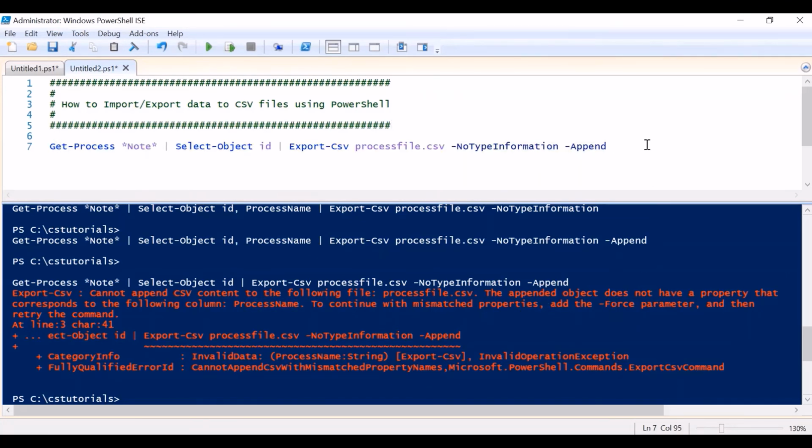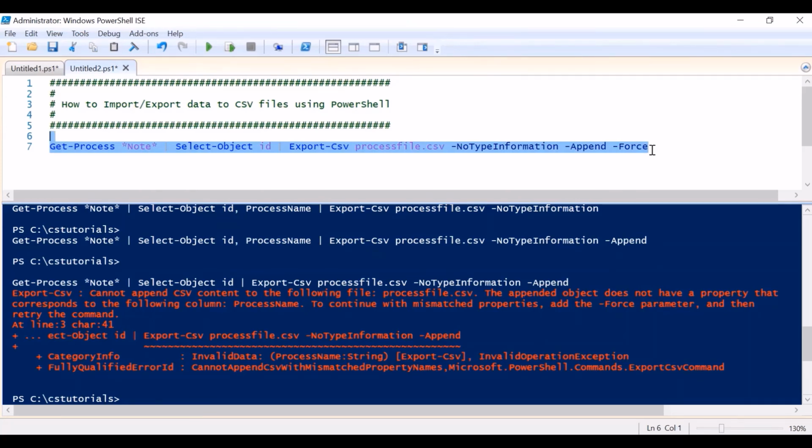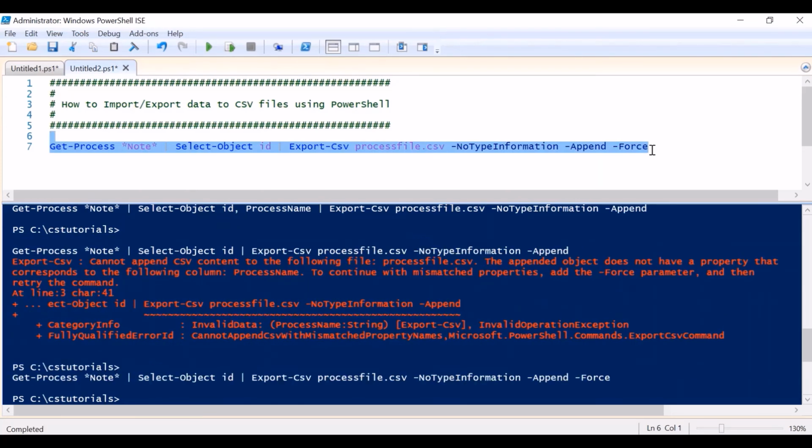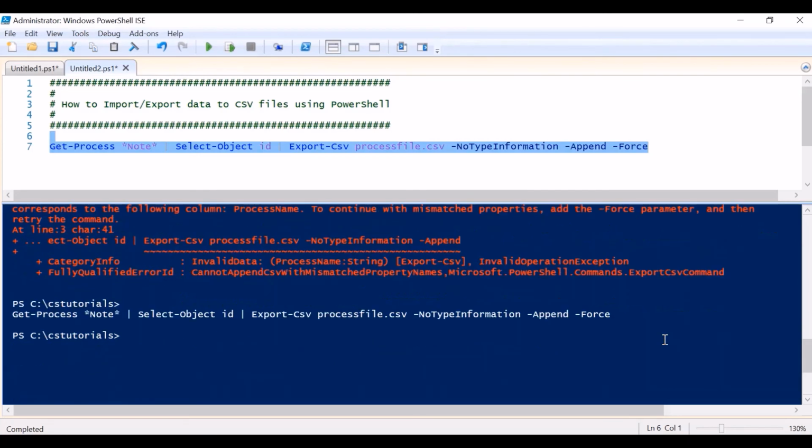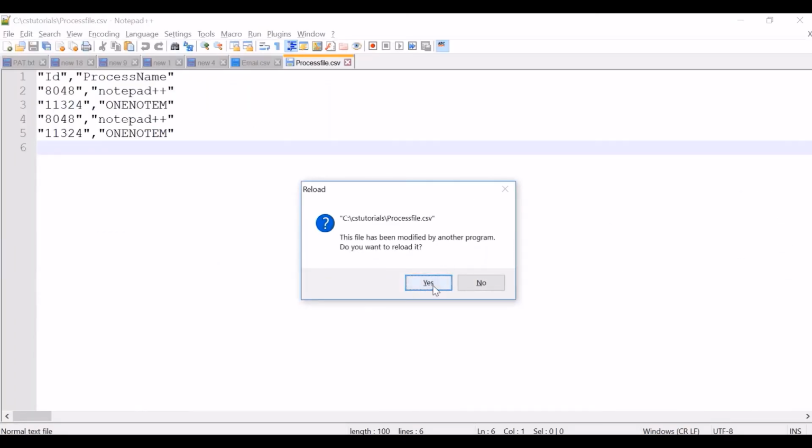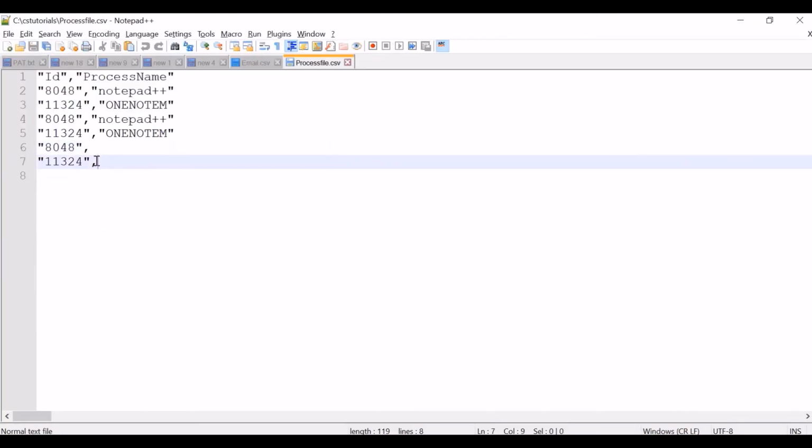This means if you are appending data to an existing file and your columns are mismatched, meaning you are trying to append data with different columns, you have to use the Force parameter. Now if I execute this command and see the output, only ID is appended to the CSV file.